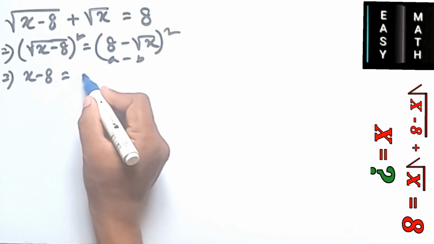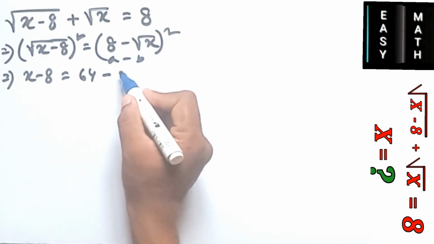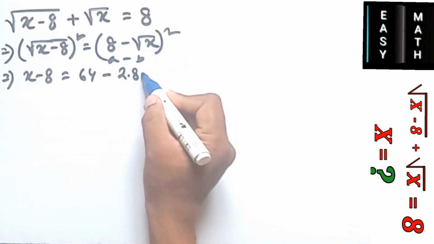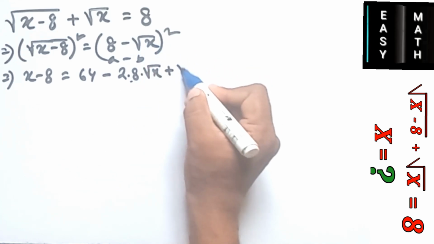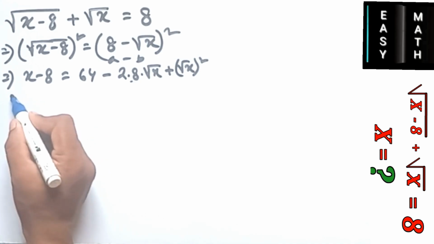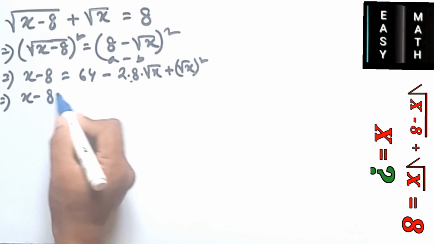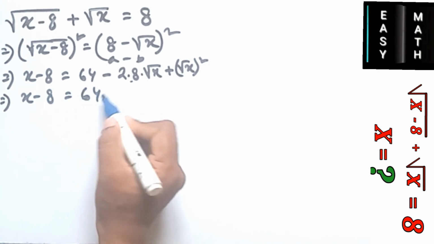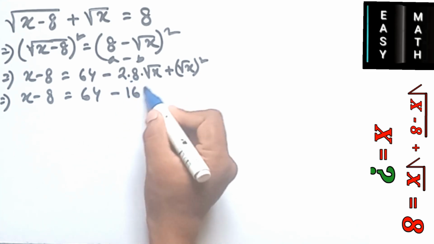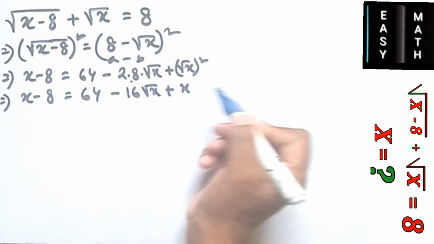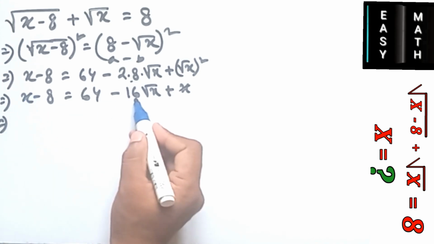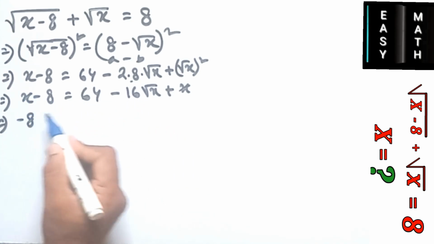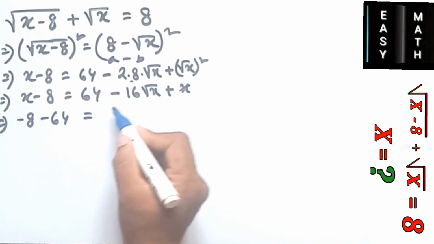So this is the a square, so this is the 8 square, and this is 2, this is a, and this is 2ab, and this is the b square, so 8 root x, this is the square, and now there is x minus 8, and there is this 16 root x, and now there is the x, and this is the x, so cut this and this, and there is the 8, and there is the minus,